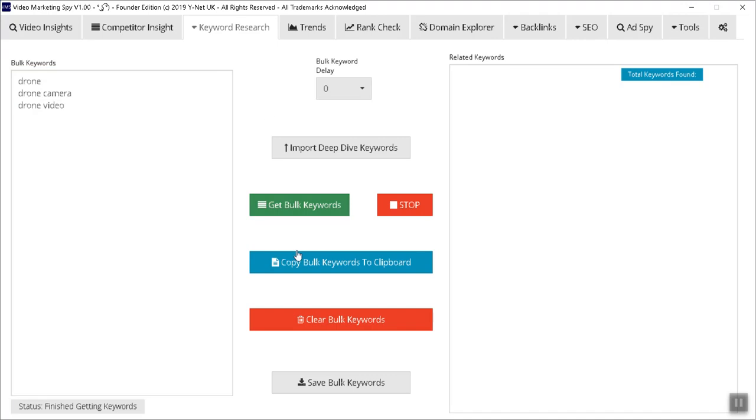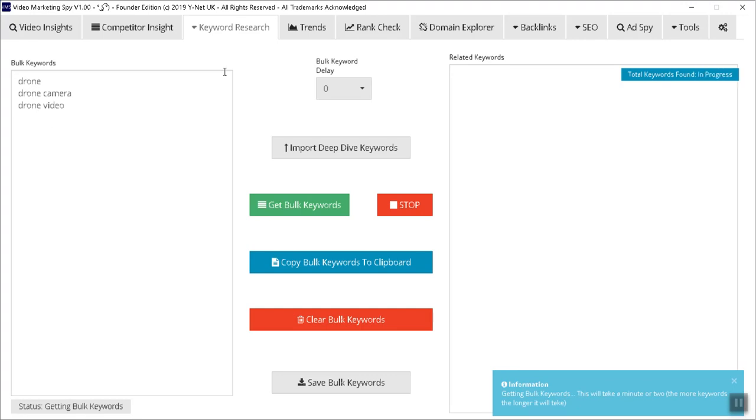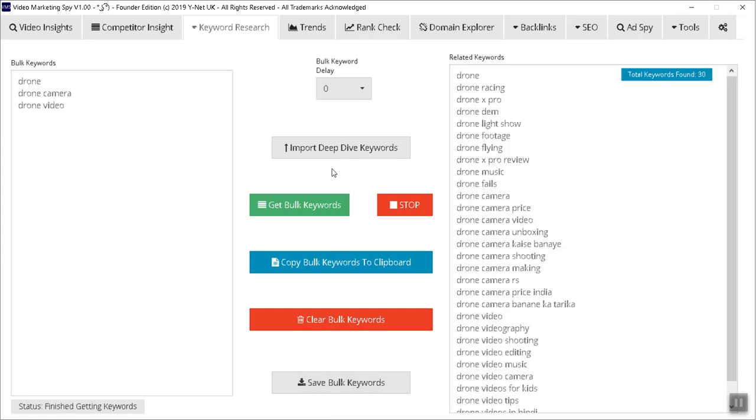And then all you do is you hit get bulk related keywords, and that will go and get the top keywords for each of them. So you're going to get really, really tight related suggested keywords again. It shouldn't take too long to do. Again, we've got the same similar sort of options. We've got stop, we've got copy to clipboard. We can clear them and we can save the bulk keywords as well. And there you go. So it's found their top 30 keywords from the three. So that's your bulk